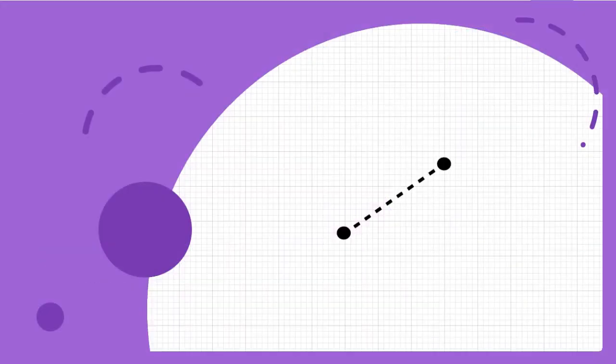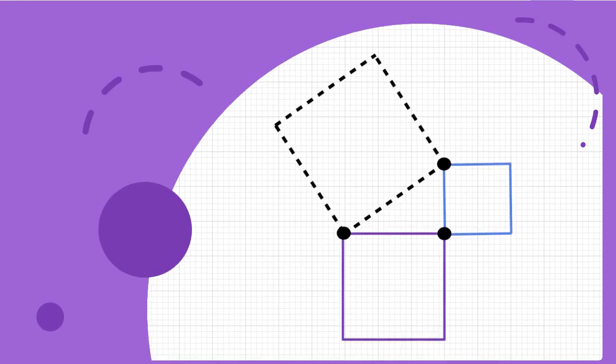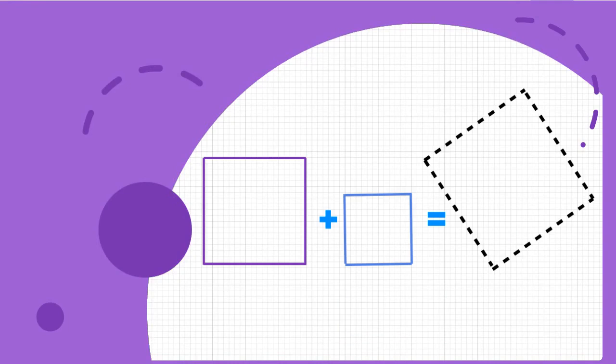The Pythagorean theorem shows how to calculate the distance between any 2 points on a grid. It explains the relationship between the sides of a right triangle. Imagine drawing a square on each of the 3 sides. The Pythagorean theorem states that the area of the square opposite the right angle is equal to the sum of